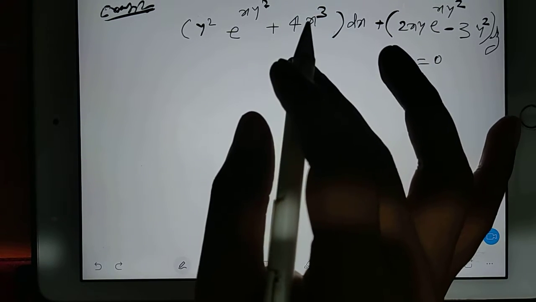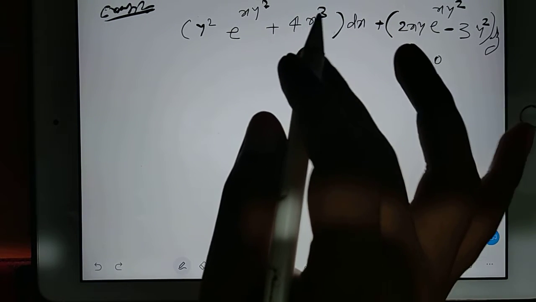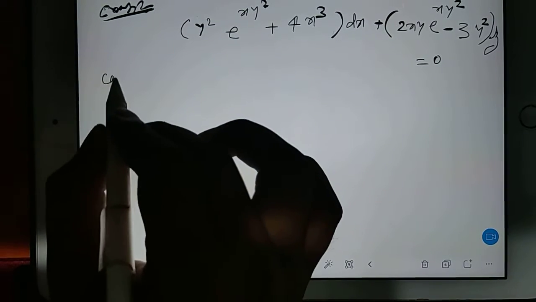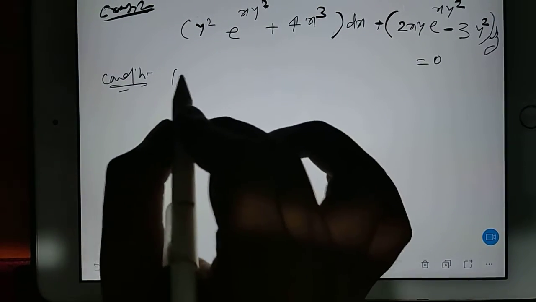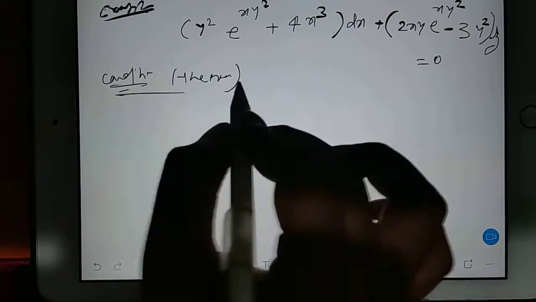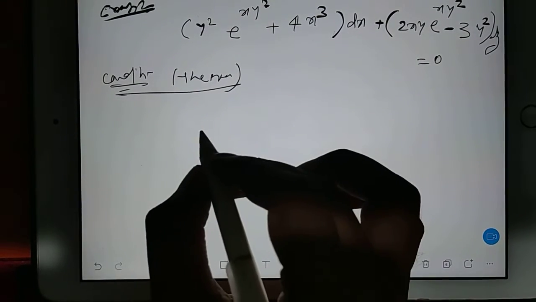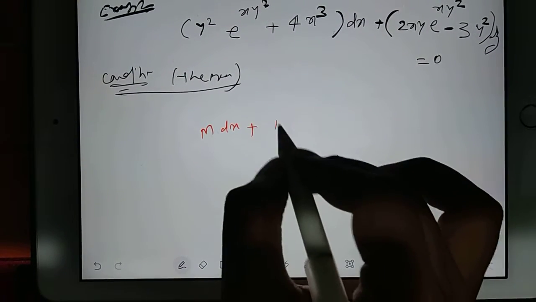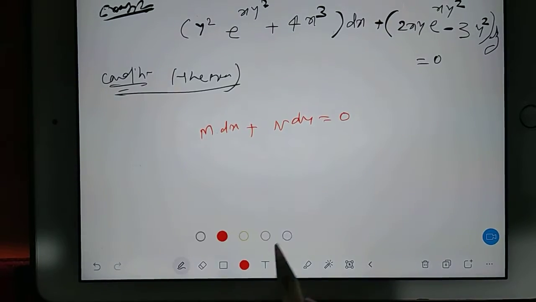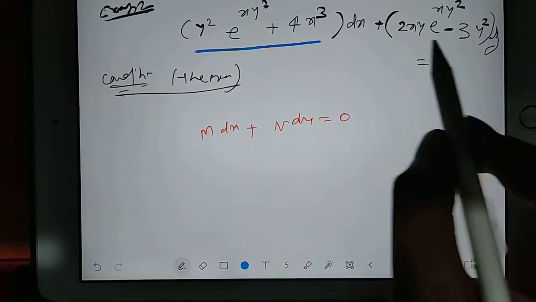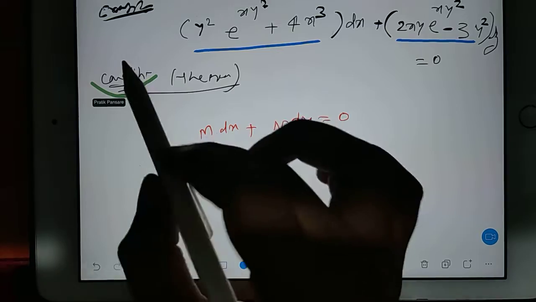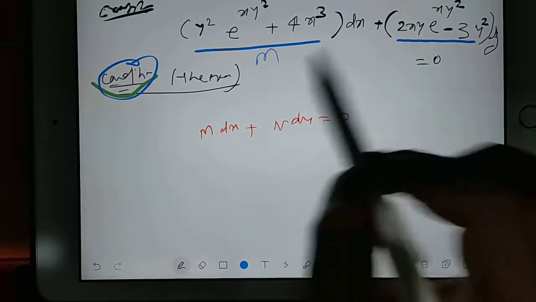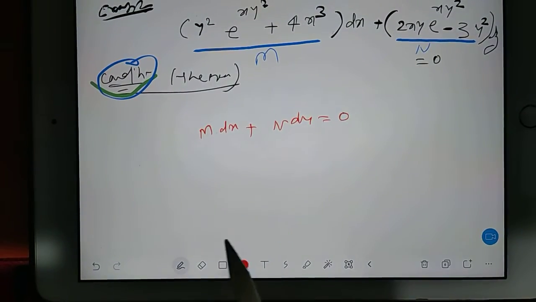So there is one condition we have to follow, or you can say a theorem. What is the theorem? If you have M dx plus N dy is equal to 0, you can clearly see this part is representing M and this part is representing N. This total is your M, this total is your N. So in this case,